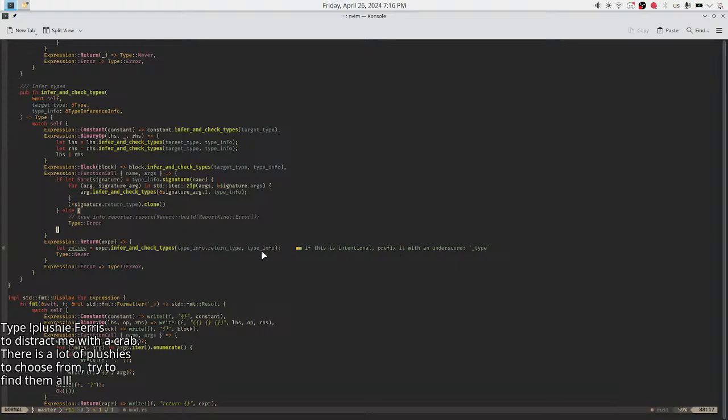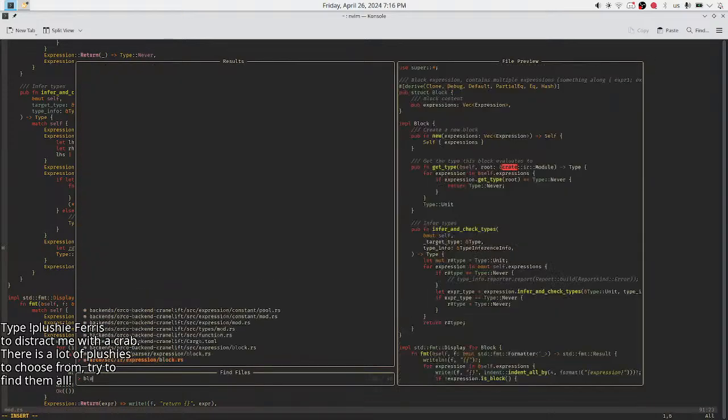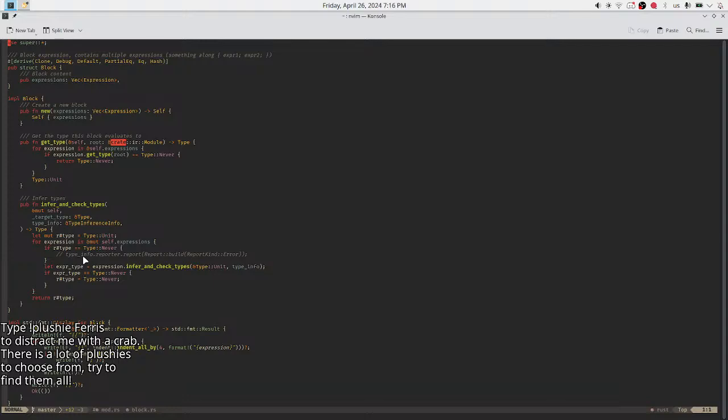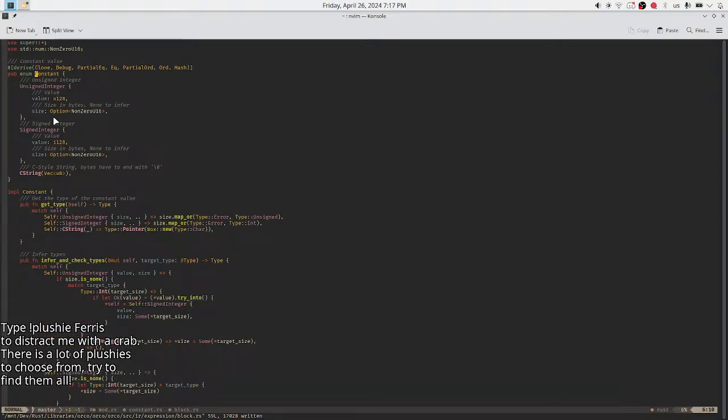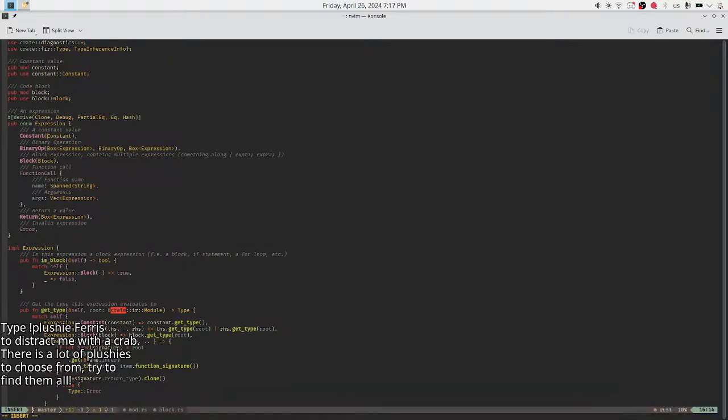So prefix it with an underscore. I don't care. I'll need to check it. Well, I need a block first, because here we have a warning. And before that, even before, I need to wrap whole expressions with spans. So constant is a constant which should probably have a span. Yeah, I guess I need the span.